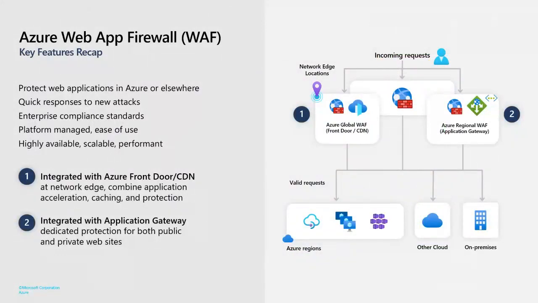So web applications are being increasingly targeted by malicious attacks that exploit commonly known vulnerabilities such as SQL injection, cross-site scripting, PHP injections, and more. Web application firewalls, or WAFs, are a way to provide centralized protection of your web applications for that OWASP top 10. Azure WAF can be deployed for Azure Application Gateway, where our newest version is